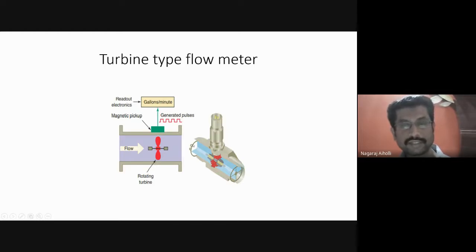What you are seeing is the turbine flow meter. There is a flow here. This is the blade, the red portion. The blade spins due to the striking of the flow, converts it into electrical energy, and further it may be coupled to some other load device for the further controlling of the field devices. This is how it is able to measure the speed with which the fluids are flowing.